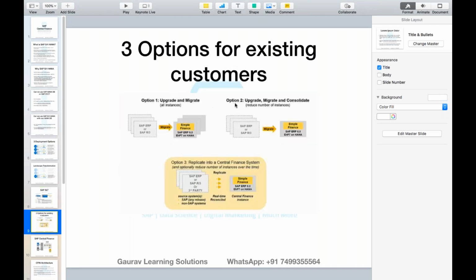Okay, again, just to make sure that you understood it very clearly. If a customer is already using SAP ECC, and just assume this customer has multiple systems, you can see 1, 2, 3. Then this customer has 3 choices. Just assume there is a customer operating in US, Europe, India, using 3 different SAP and non-SAP systems. Now, option number 1 is,